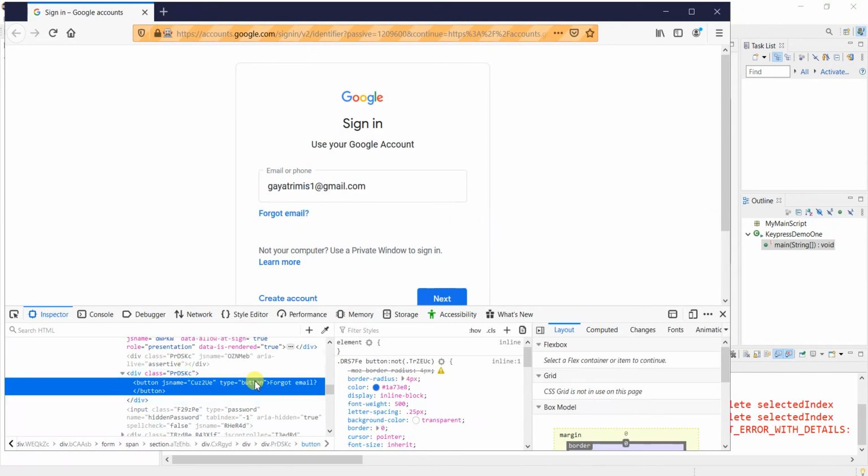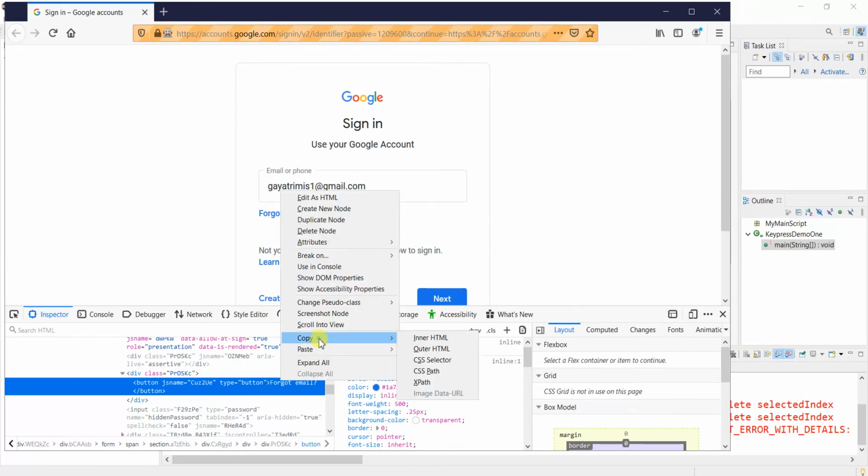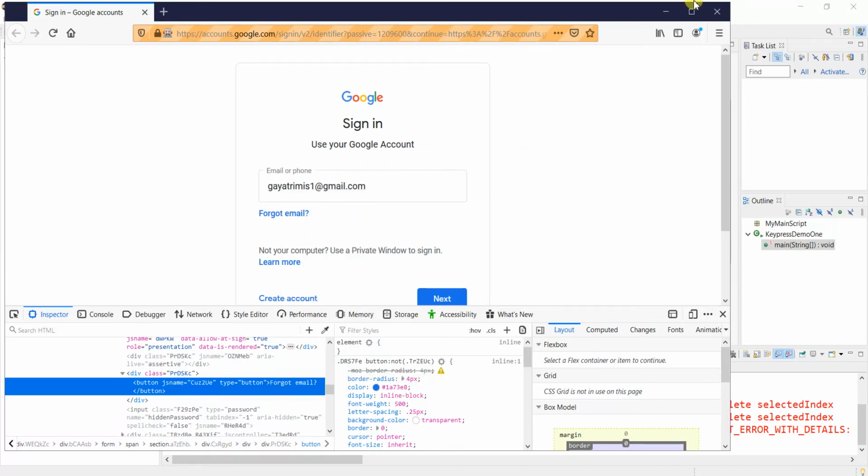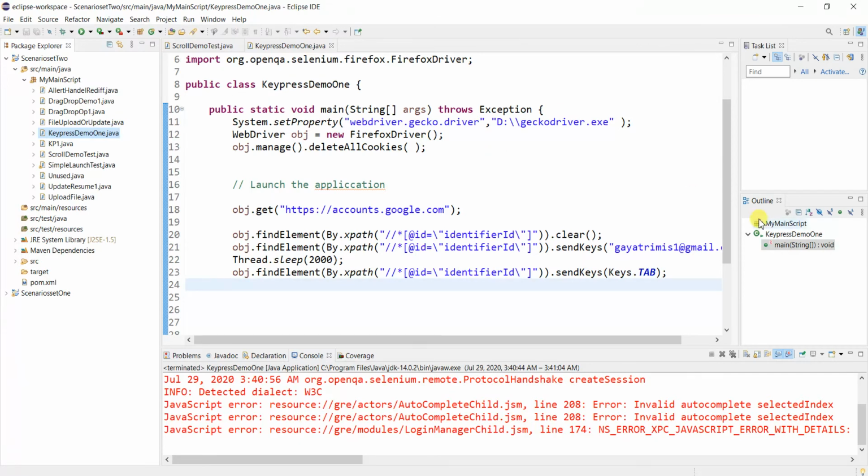and here let me capture the XPath again. Sorry.